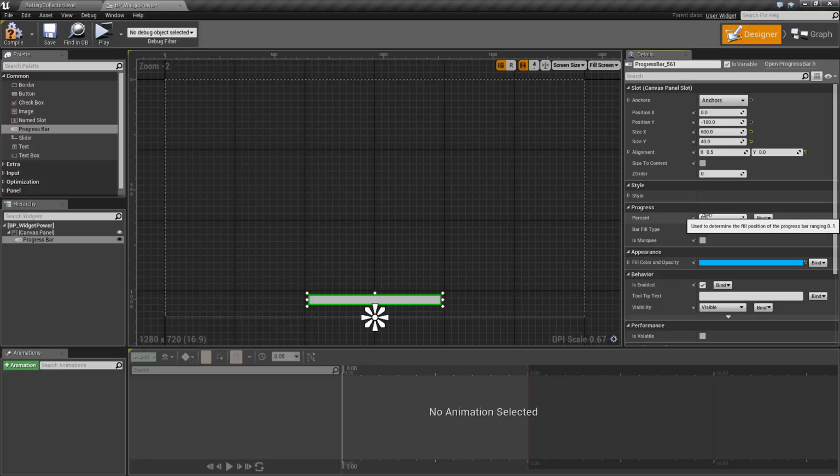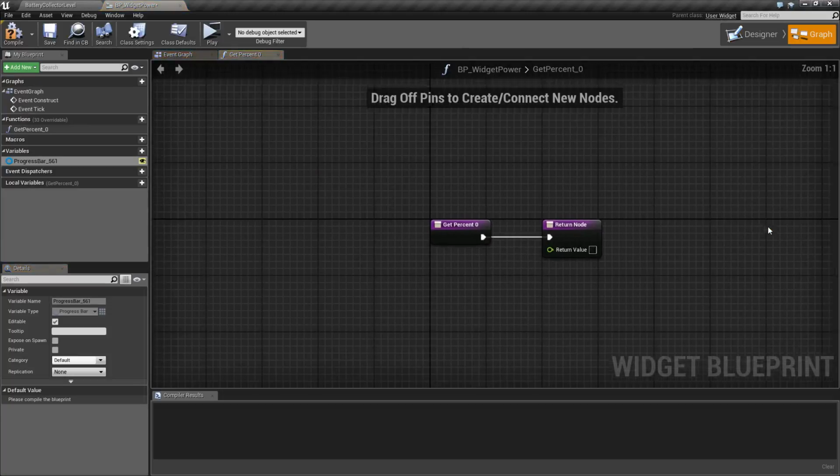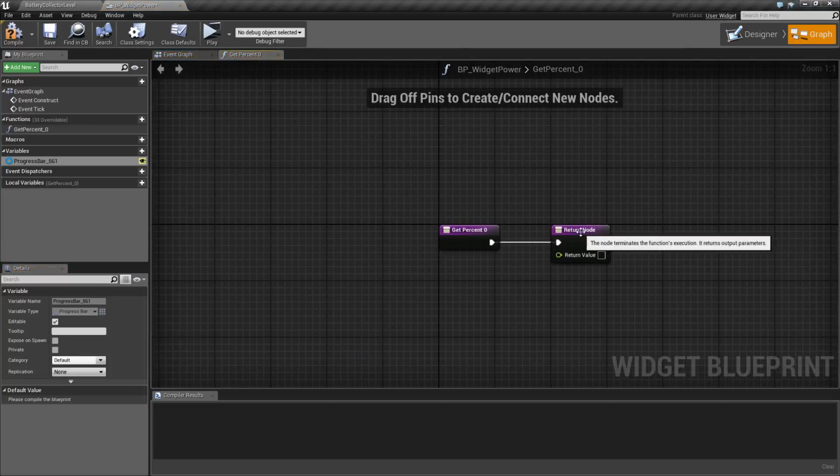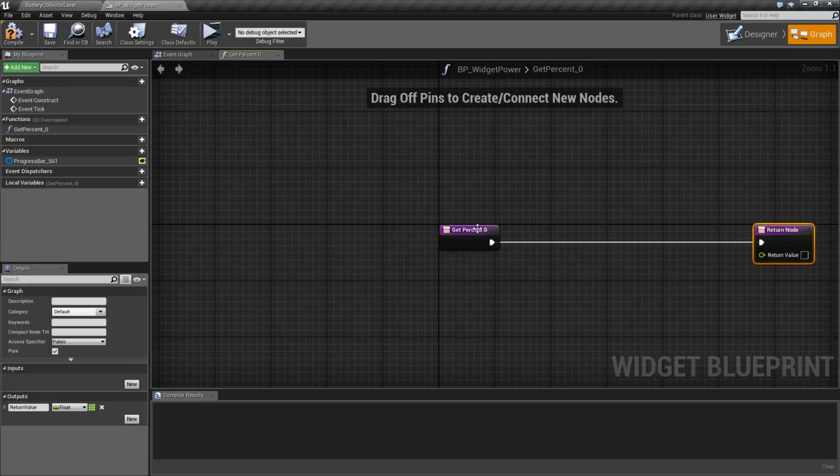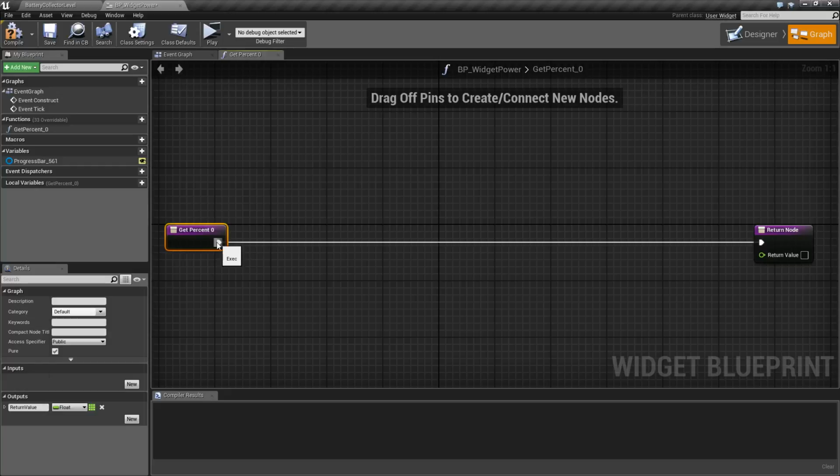The way we'll calculate it is to take the current power and divide by the power to win. So we're going to do that and populate this variable through a binding. So click bind, create binding, and here's where we're going to set up the function that will go and fetch us the data and do the calculations. So I'm going to spread these two endpoints out, alt click to disconnect,